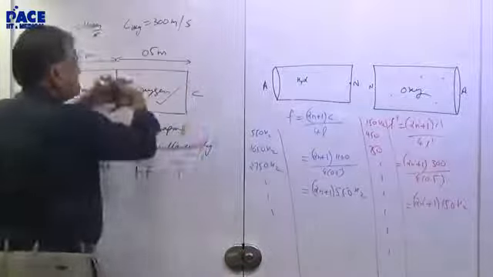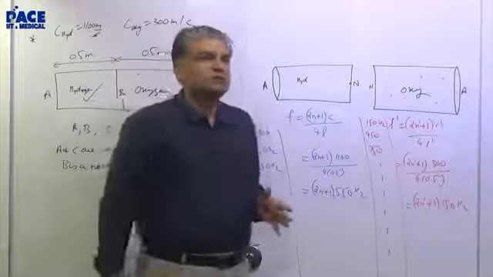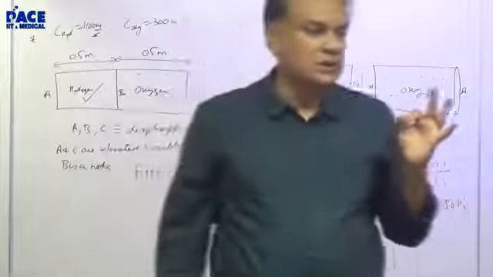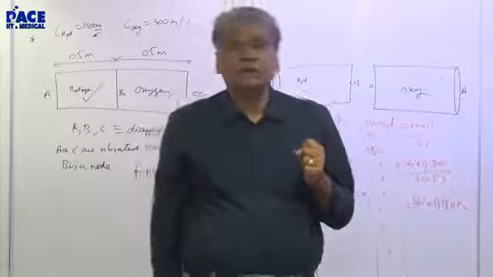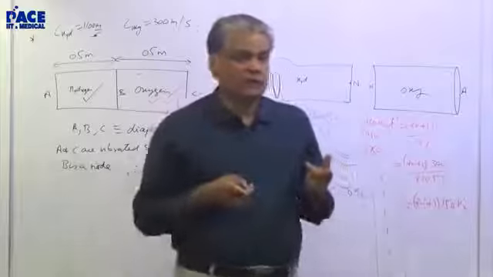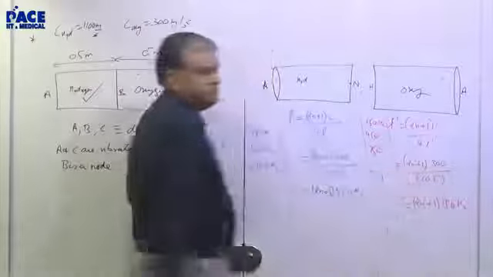Now the point is, when you're vibrating it, this wave which goes there and that wave which goes there, and the stationary wave, when it goes from one medium to another medium, which of the parameters change? Speed, wavelength, frequency. What changes, what doesn't change? Speed changes, that's why it's a different medium. Wavelength changes, but frequency remains the same. So when they are vibrating, their frequencies have to be the same.